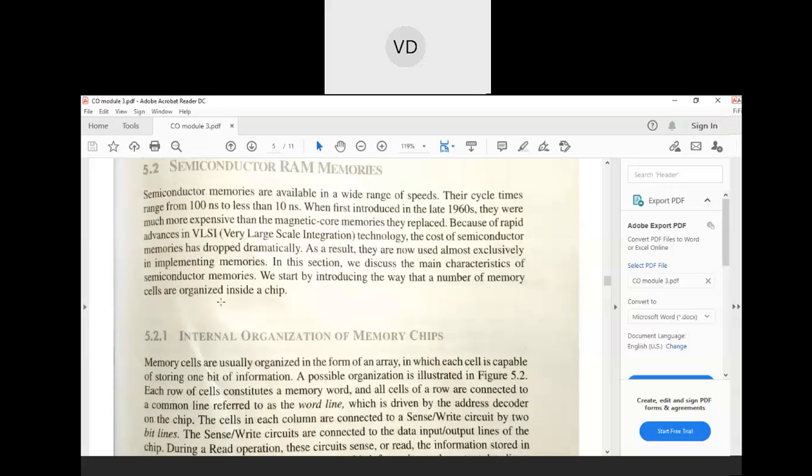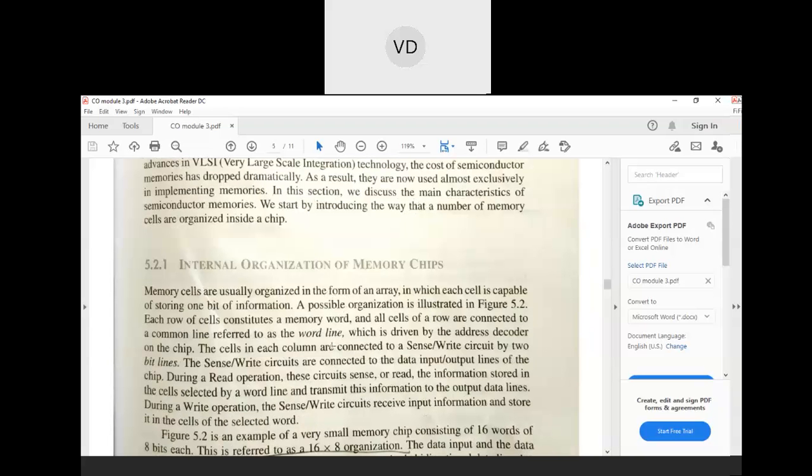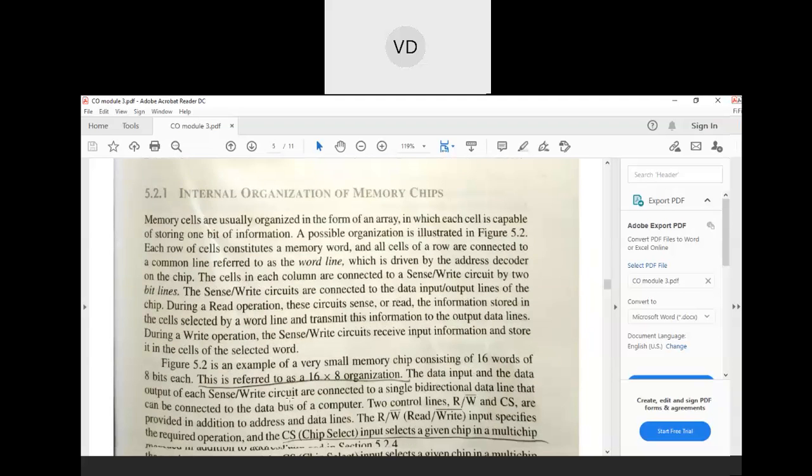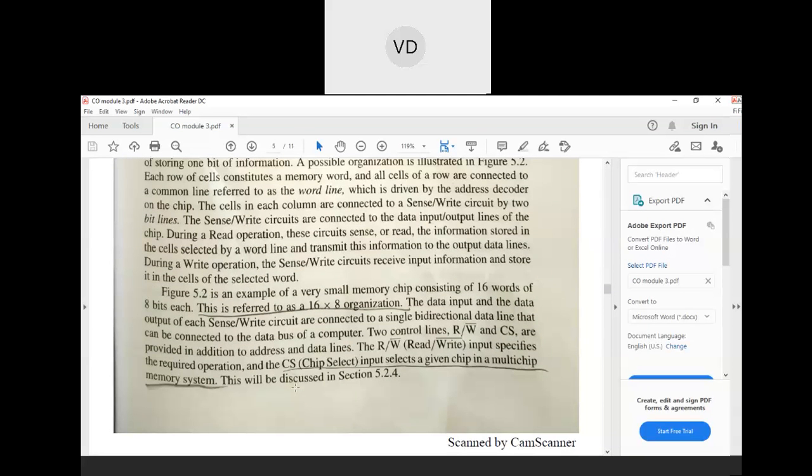In that we will now study the first topic, the internal organization of memory chips. Whenever we store data into the memory, that data is stored in terms of cells. Memory is organized in terms of cells. Each cell stores only one bit of data. This is the